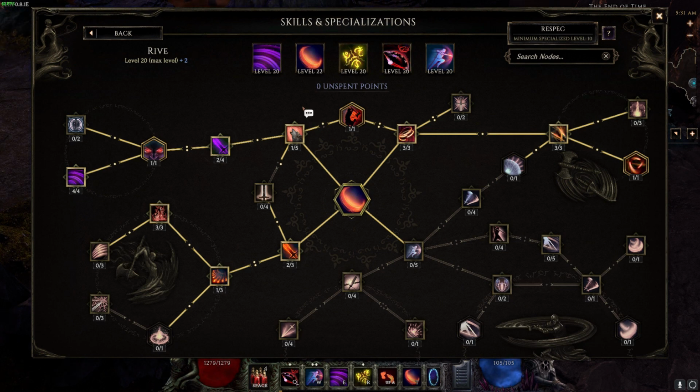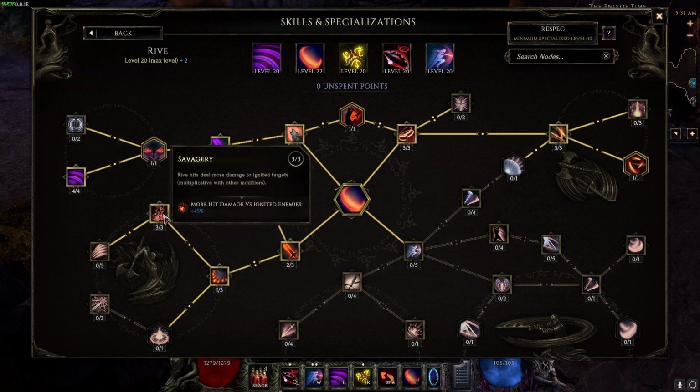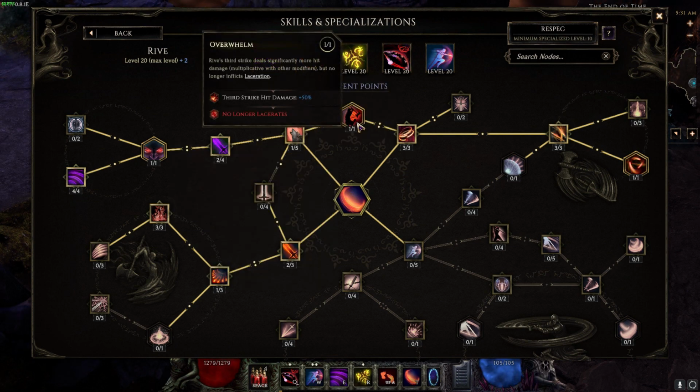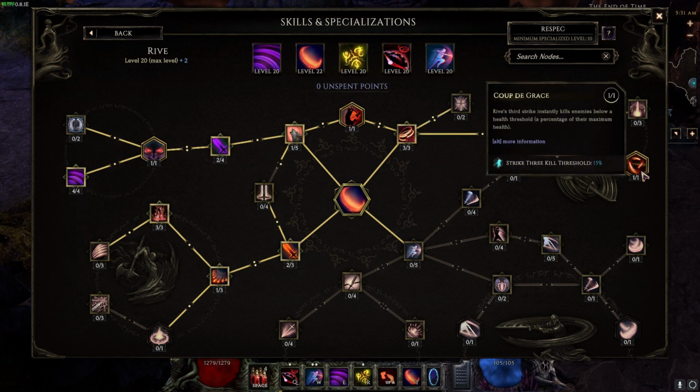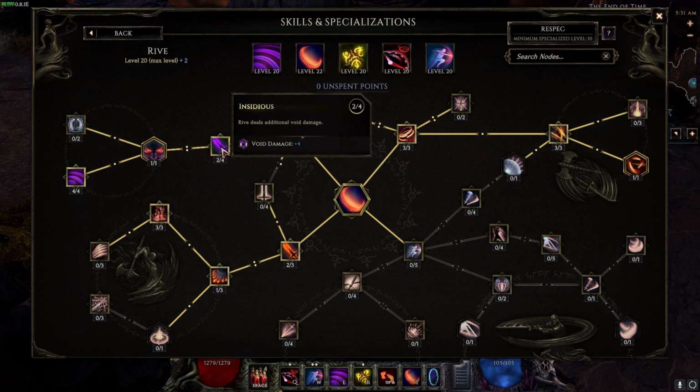For Rive with +2 levels, we have this set up to get all of the more modifiers that we can, along with as much base Void damage as we can get. We have 2 points in Sever, 1 point in Twisting Fanes, 3 points in Savagery, which gives us 45% more hit damage against an ignited enemy, 3 points in Outburst, 1 point in Overwhelm, which is 50% more third strike hit damage, 3 points in Brutality, which is 60% more third strike damage, 1 point in Coup de Grace for the kill threshold of 15%, especially effective against high health rares and bosses, 2 points in Insidious for some flat